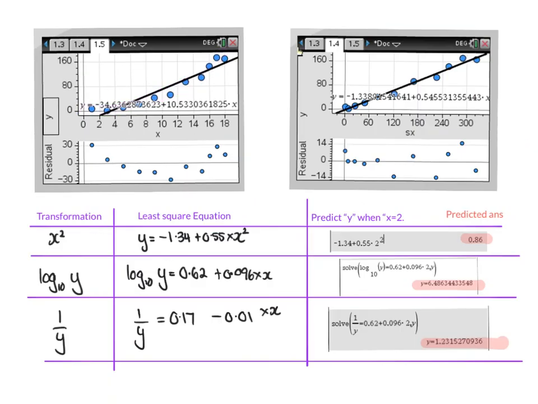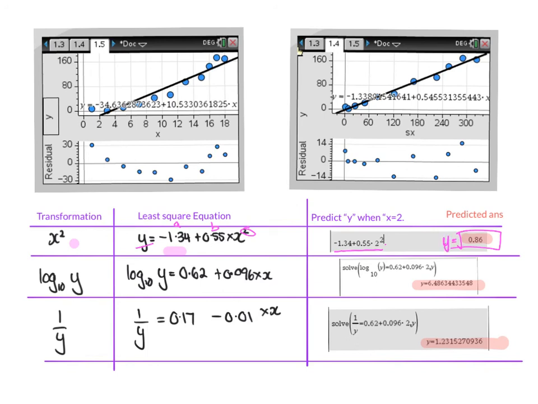So let's have a look here. I've summarized it. When I did the x squared transformation, this was what the a value and the b value was, and this is my formula. When they ask you to predict, you use this formula. I've shown you an example. They say predict y when x equals 2. Because that formula is a y equals, I put that into the calculator, and where I saw x, I put 2. Remember it's x squared, so I squared it, and there's my prediction. Y would equal